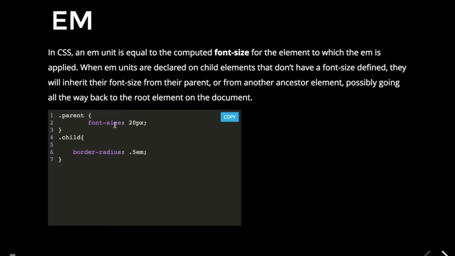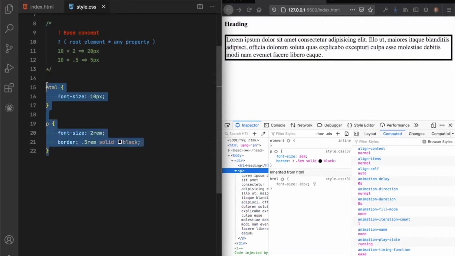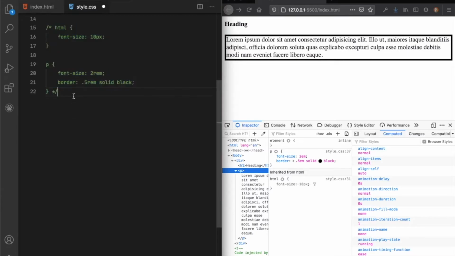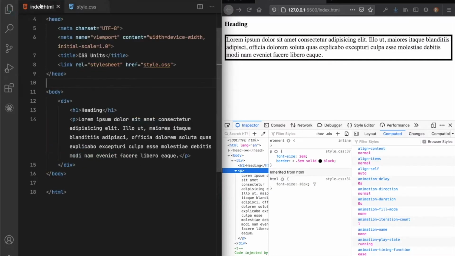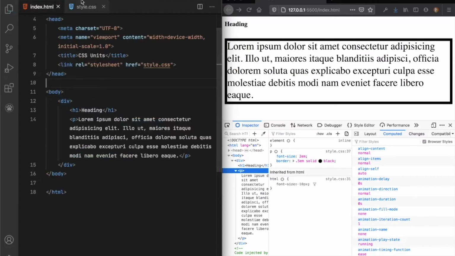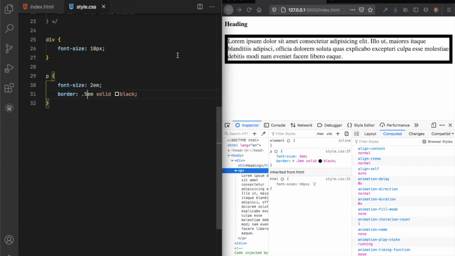Now let me show you a quick demo in order to make you guys understand. Let's copy this code again, and instead of HTML, let's select the div, which is nothing but the parent element, and instead of rem, let's change this to em and let's see what happens.